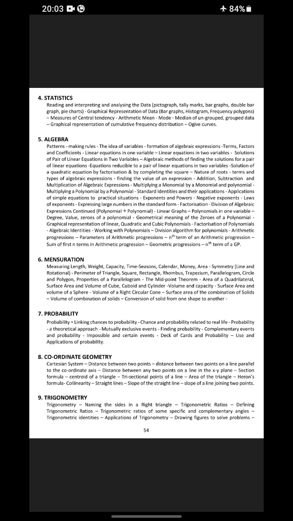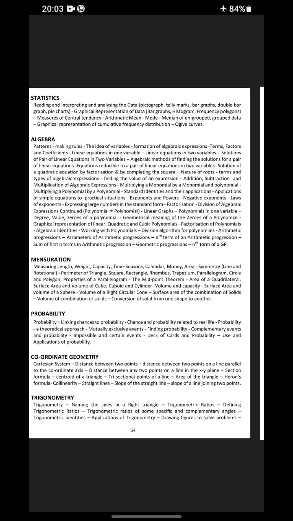line, area of triangle, Heron's formula, collinearity, straight lines, slope of a straight line, slope of the line joining 2 points, trigonometry, naming the sides of a right-angled triangle, trigonometric ratios, definition of trigonometric ratios, trigonometric ratios of some specific and complementary angles, trigonometric identities, application of trigonometry, drawing figures to solve problems, solution for two triangles. Methodology, 6 marks: measuring and